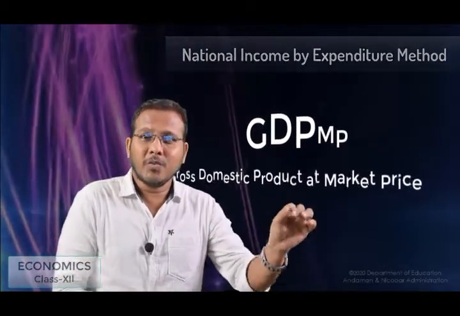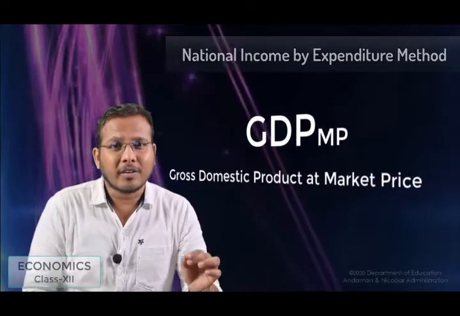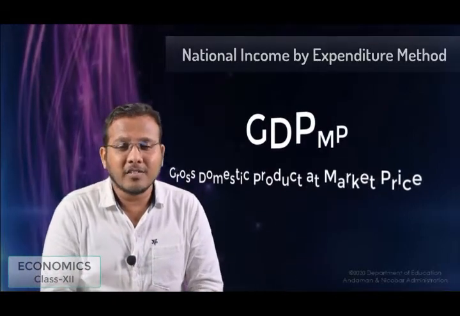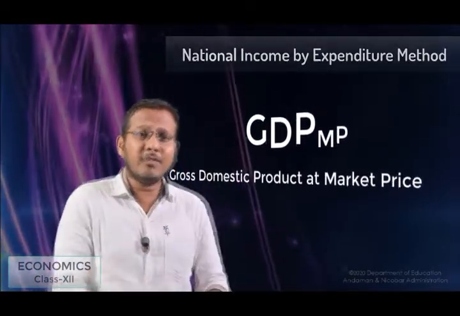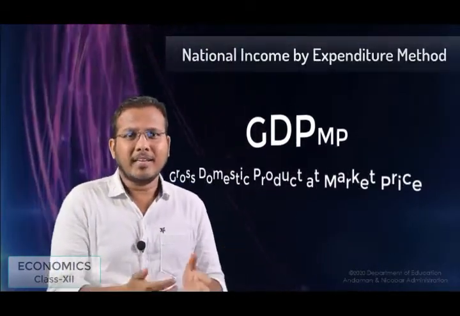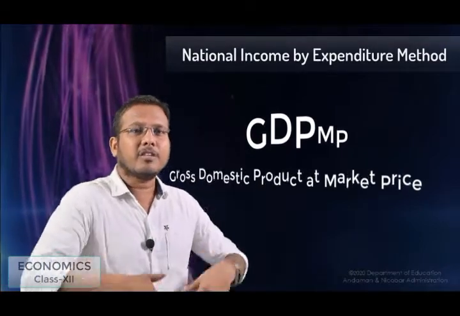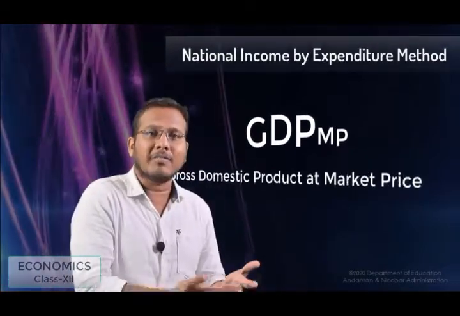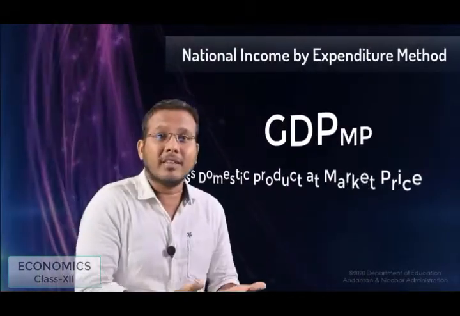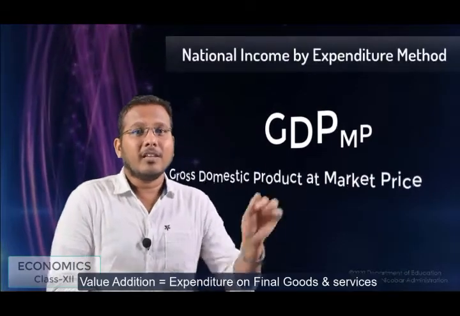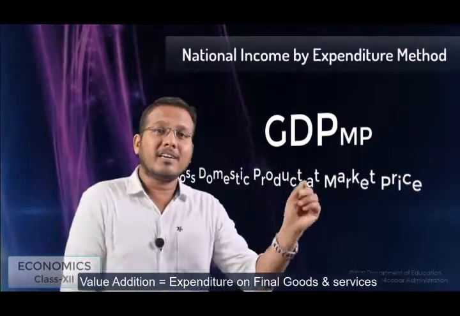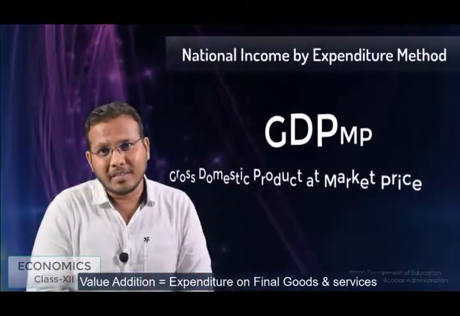In that method also, when we get the final value of goods and services produced in the economy by the normal resident and the non-resident within the domestic territory, it gives the value of GDP at market price. And here we can see that the value of final goods and services being produced and the income earned by the factors of production are spent on the same final goods and services, which are purchased again by the household sectors in the economy. That means the value additions on the final goods and services will be equal to the expenditure done on the final goods and services in the economy.